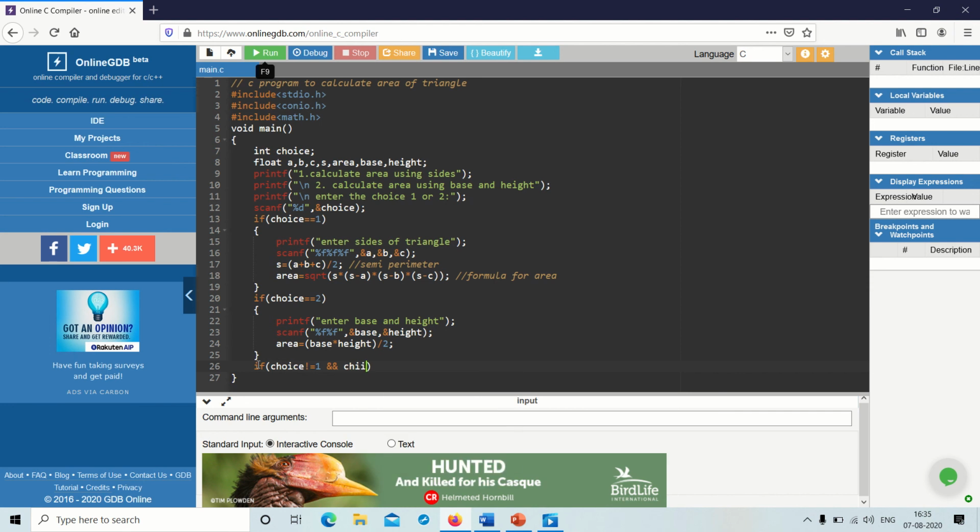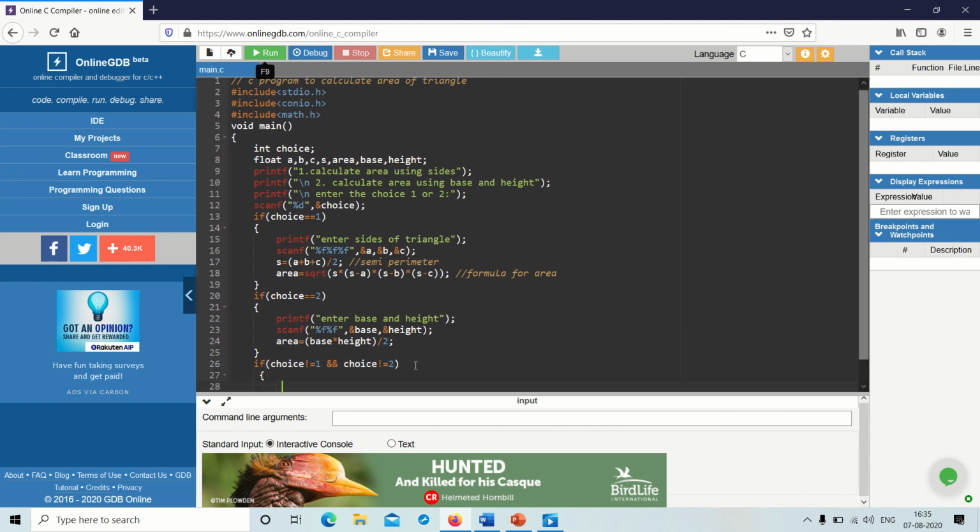And choice not equal to 2. Only if both of these statements are true will it be executed. Otherwise this if will not be executed.